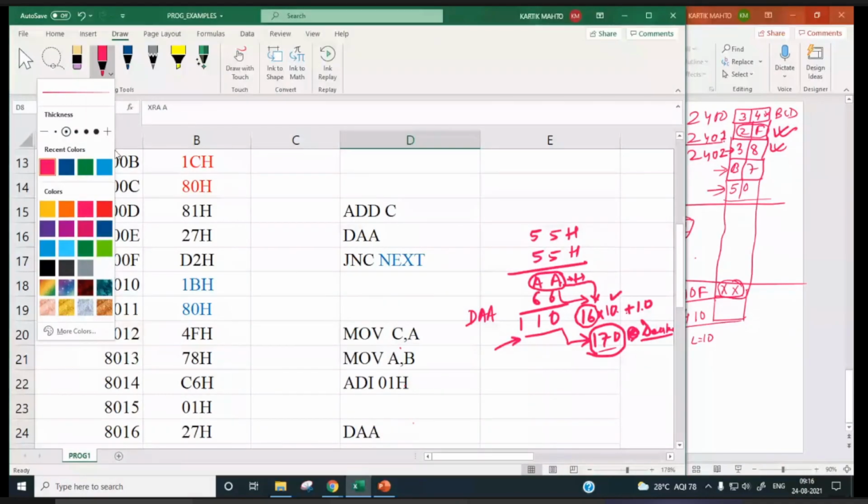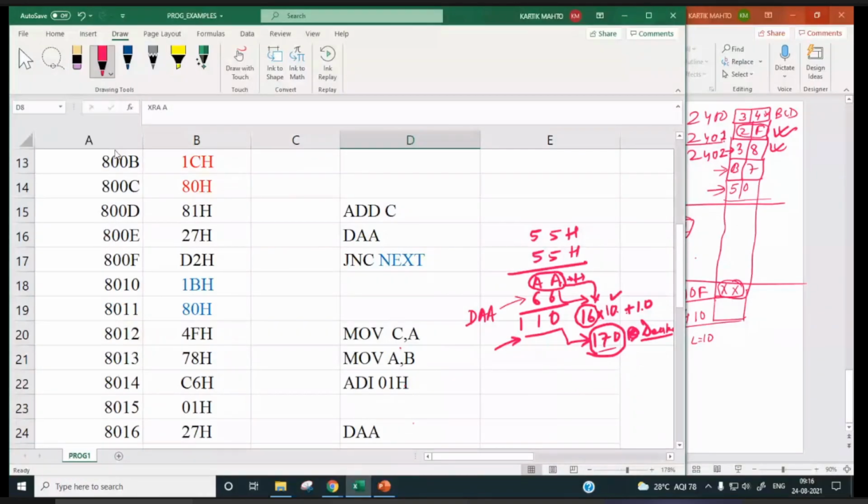Now if you use DAA, the processor is going to add 6 to both nibbles, because both nibbles are more than 9. So 6 will be added to each nibble, and the result is going to be 10 and carry. So is this 110 equal to 170? No, sir. So the DAA instruction is not used for converting a hexadecimal byte to its equivalent decimal number. Are you getting the point?